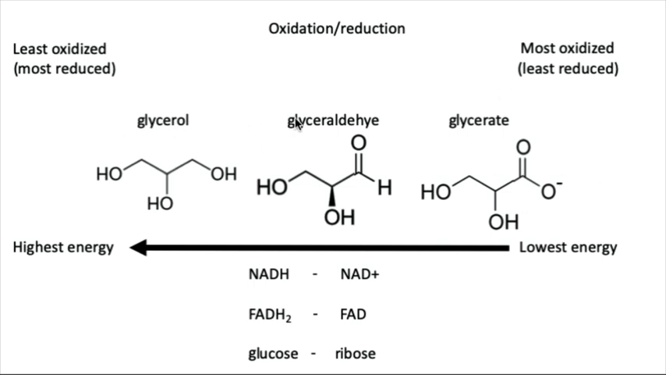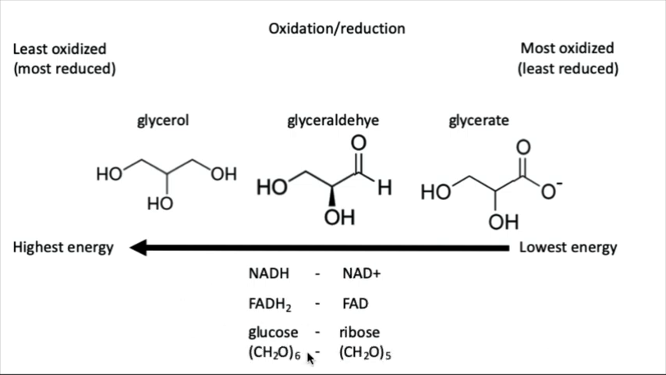So increasing oxidation means to go down in energy. NADH loses a hydride ion to become NAD+, so that goes down in energy. FADH2 loses hydrogen atoms to become FAD, again getting oxidized and going down in energy. Glucose, compared to ribose, is going to have more energy because they have identical carbohydrate composition, but glucose has one